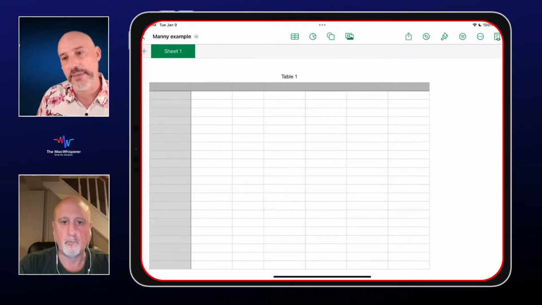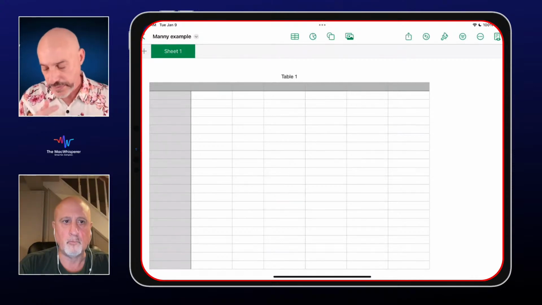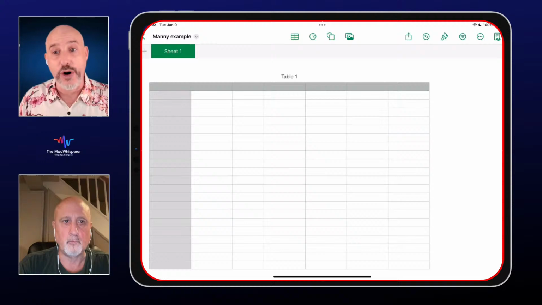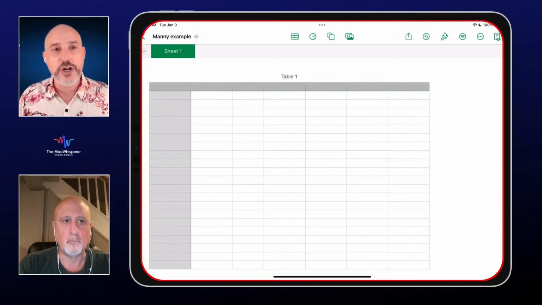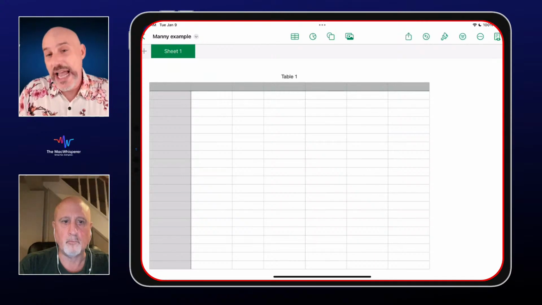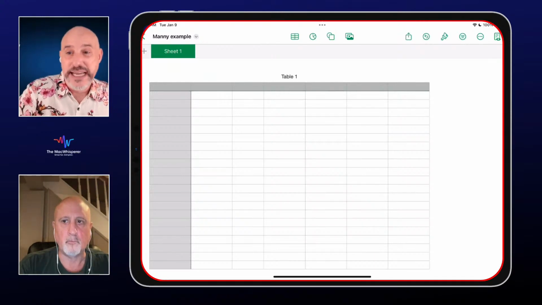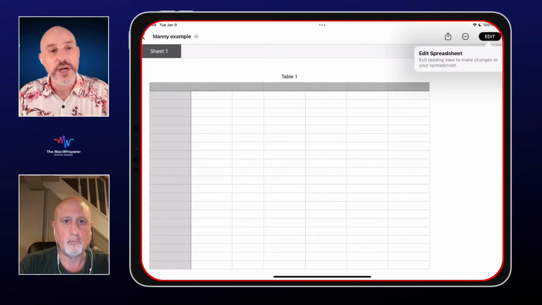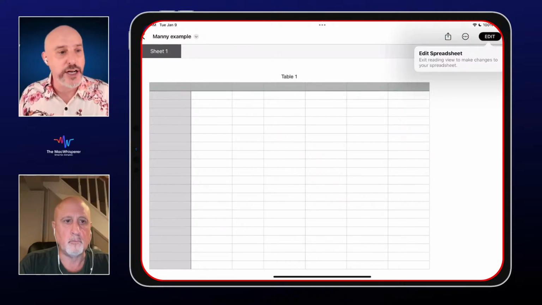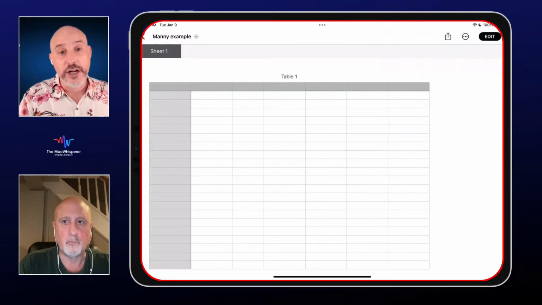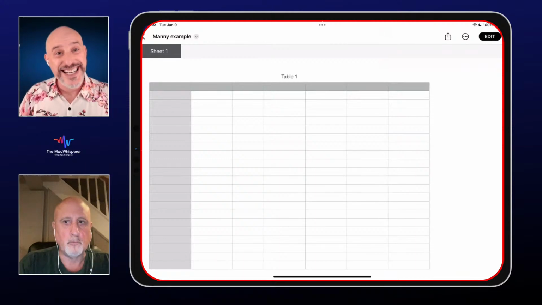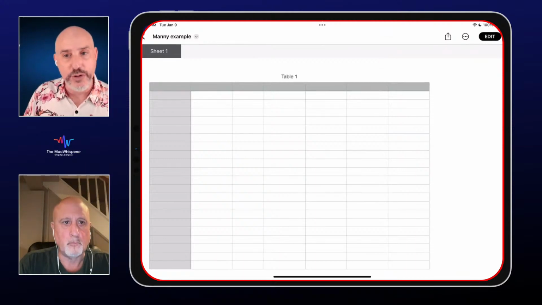The only other thing to pay attention to is this icon on the far right side, which shows a little eyeball. This is called the preview. So right now we have a blank document. It really doesn't make any sense, but when you click that preview, it takes you out of editing mode and it shows you a finalized version of your current spreadsheet. You can't edit it, you can't click on anything, it's just showing you. To get out of the view mode, you're going to click the edit button in the upper right hand corner,